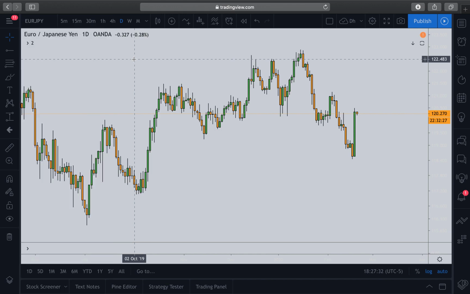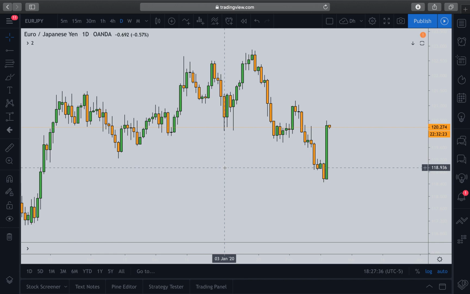So how we draw up fibs is the key thing. How you draw up fibs is super, super important, due to the fact that if you draw fibs wrong, you're going to get the wrong projections, and that's what you don't want. So to give you guys a quick example of how to draw fibs,